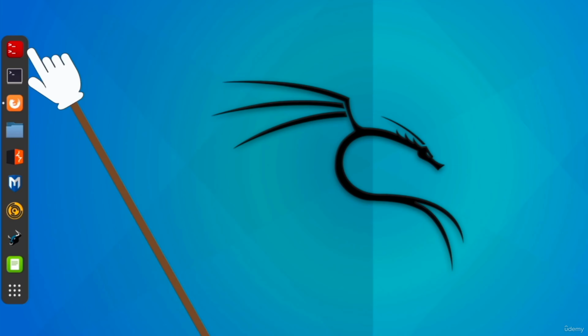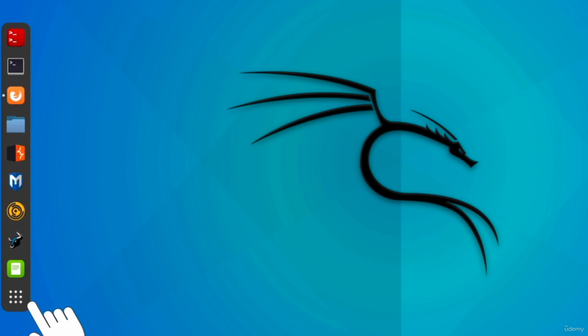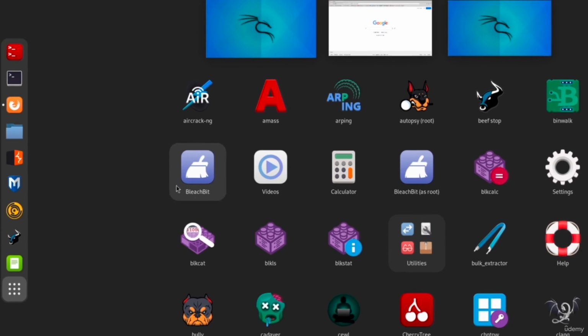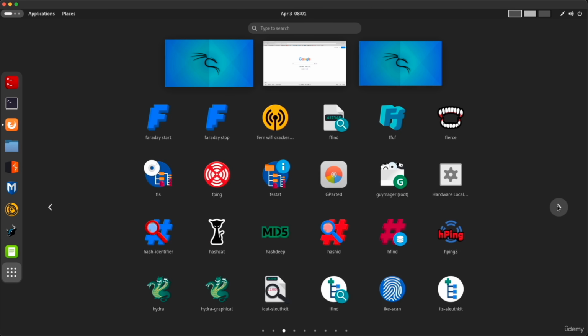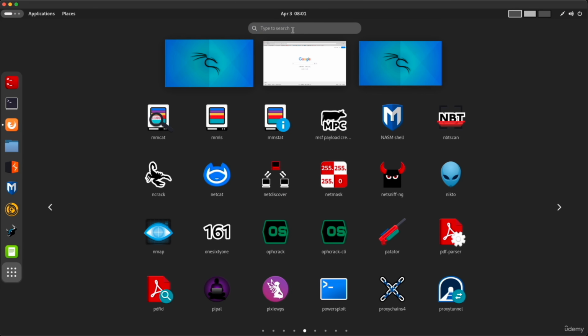Now we also have the dock in here, which contains the favorite applications, and you can also access all the other applications by clicking on this icon right here, the show applications, and this will show you a menu with the most frequent applications. You can click through these arrows to load all of the applications. You can also use the search box to search through these